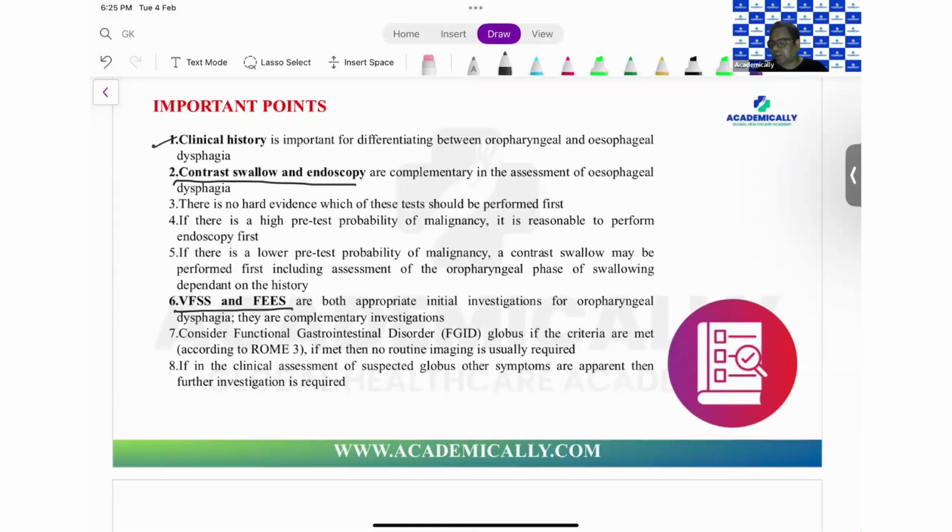Now, if you cannot find any reason, then it could be functional dysphagia or functional disorder. So there is something called the Rome 3 classification, which tells us whether we are dealing with something functional. If you remember, when we talked about dyspepsia also, if you couldn't find anything, if you couldn't treat anything, then at the end of the day, you would say that it is functional. Okay, so similarly over here, if you can't find any other reason, then it is functional.